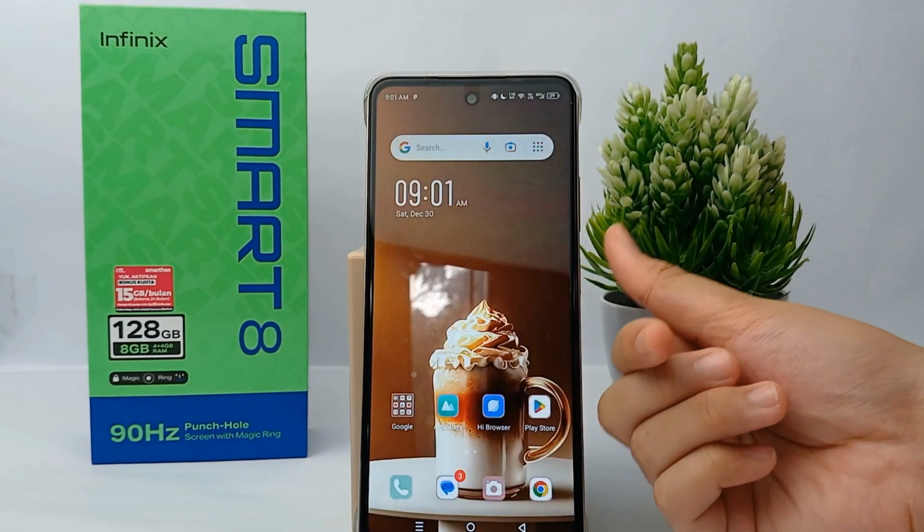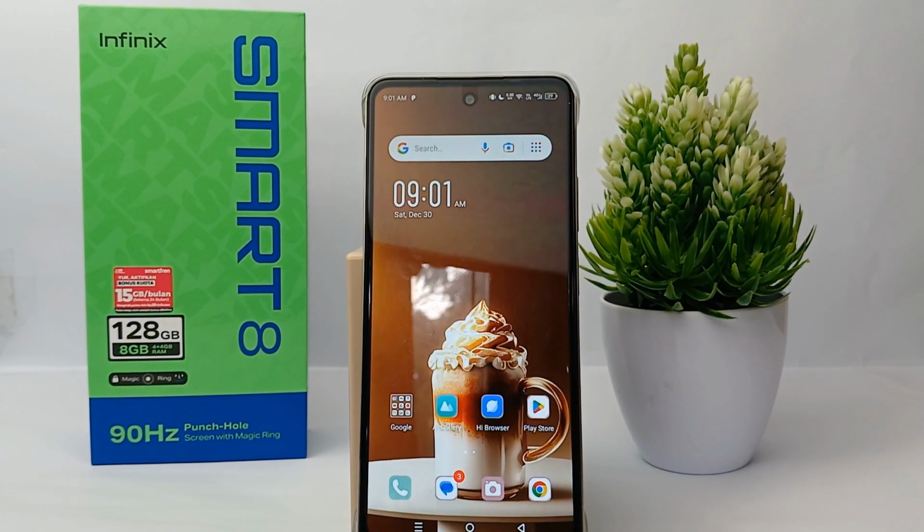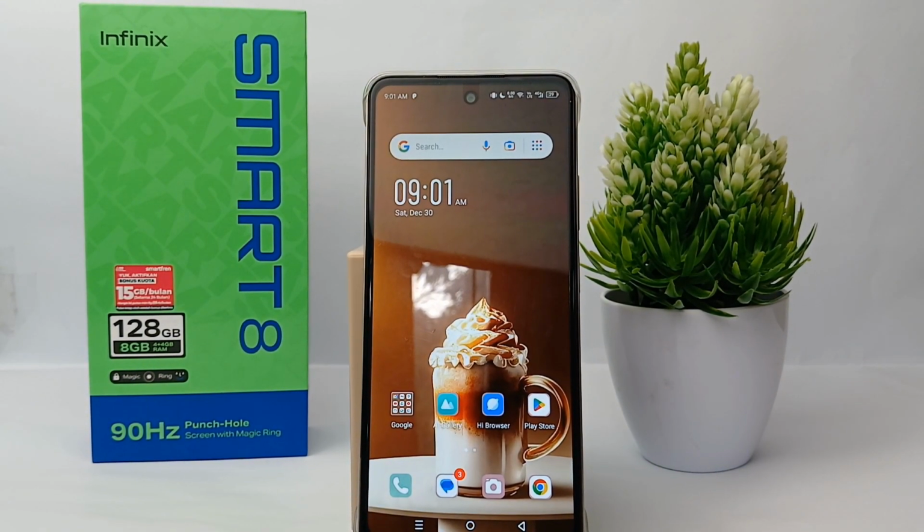So yeah, here's the tutorial on how to turn off displaying characters of the password on Infinix Smart 8, and